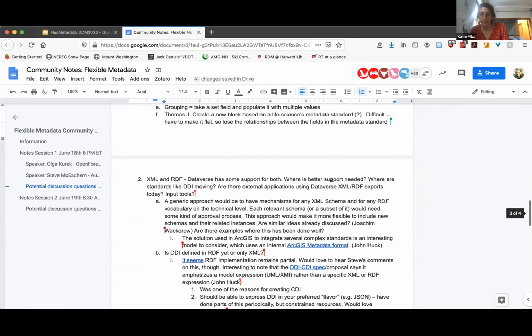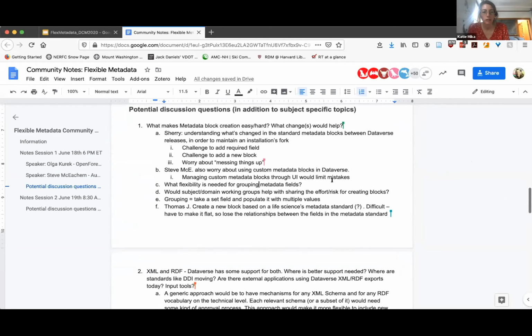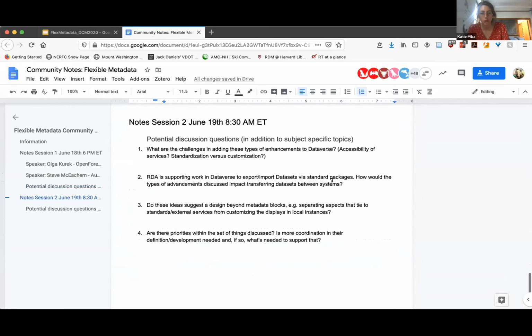And then just to finish up, tomorrow morning's session is going to be a little bit different. We're going to be focusing on some of the more long-term projects related to metadata in Dataverse. Here are some of the questions that we have put together for that discussion. So if anybody's planning on attending both, you have a sneak preview in these last 2 minutes.